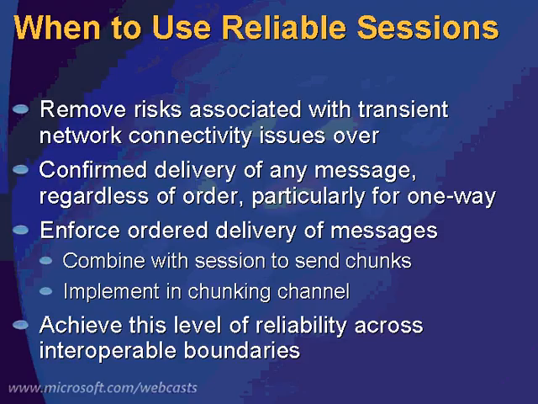So when would you use this then? You would remove risks associated with hiccups in network connectivity, as I mentioned. You'd be able to confirm delivery of a message, in particular for one-way, to know that it got to the service. You can't guarantee that the message actually gets executed beyond that, but you know it got there. And that's good enough usually for one-way messages. If you want durable reliability, you have to use message queuing, and we'll talk about that in the next webcast. So you can force ordered delivery of messages. You can